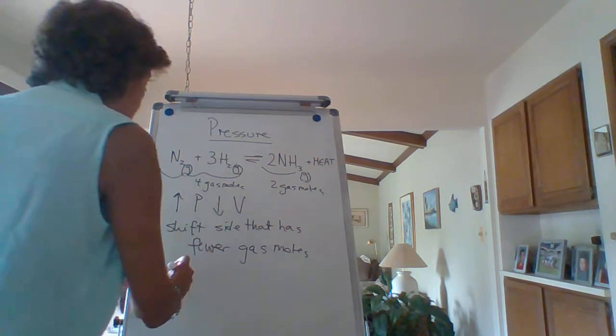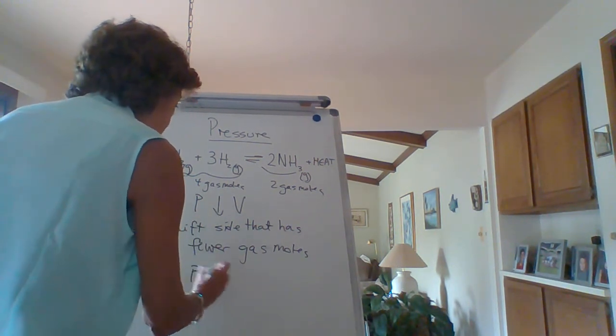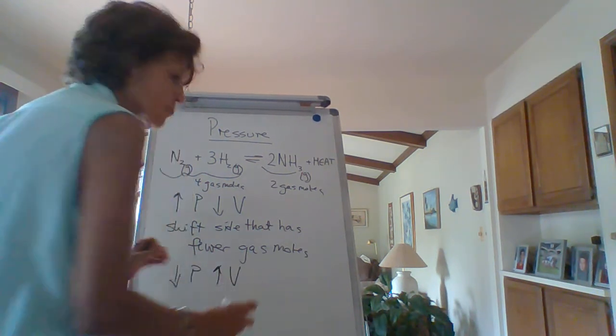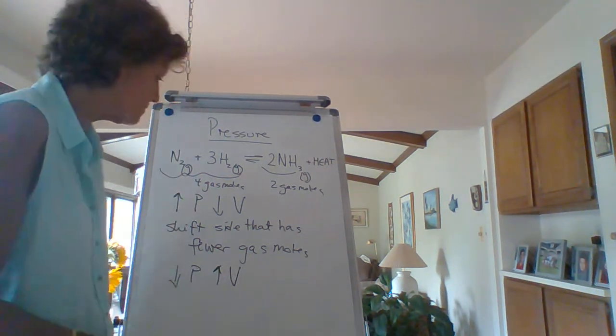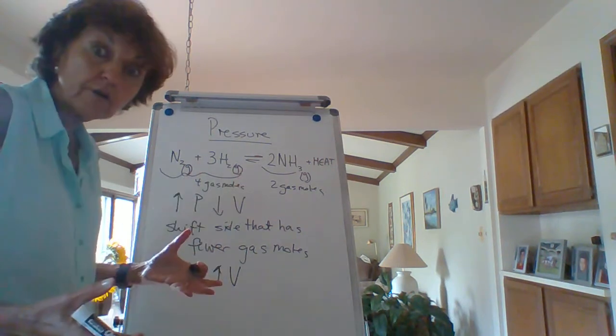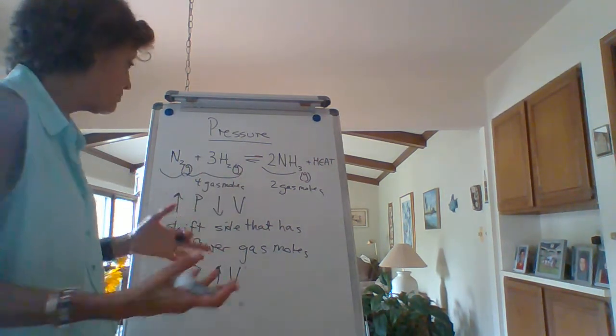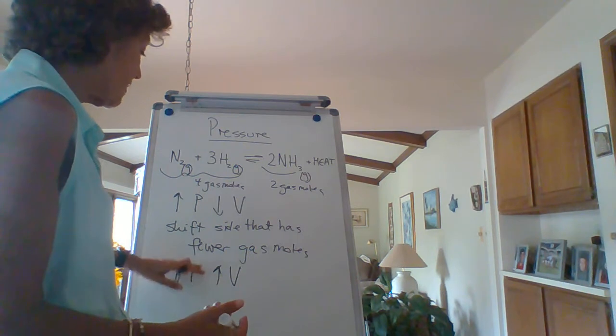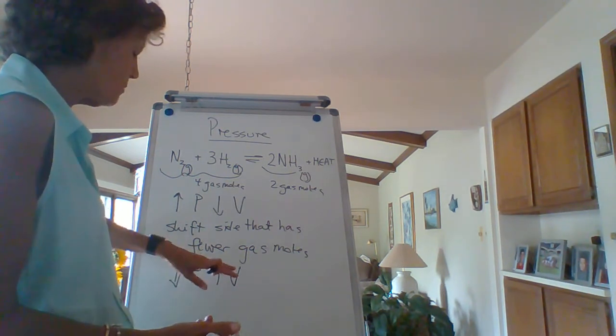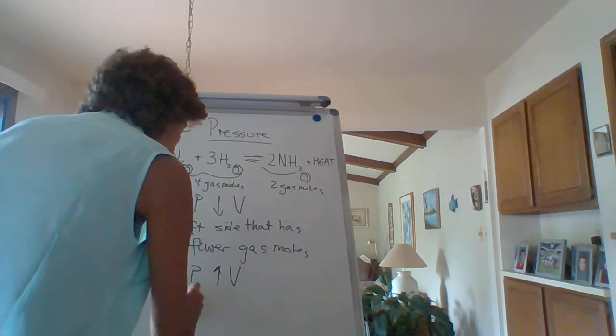Now, if you have low pressure, that means you have a bigger volume. Again, Boyle's law. Bigger volume means you can have more gas moles. So if you run it at lower pressure, it means you have more volume. It's going to shift